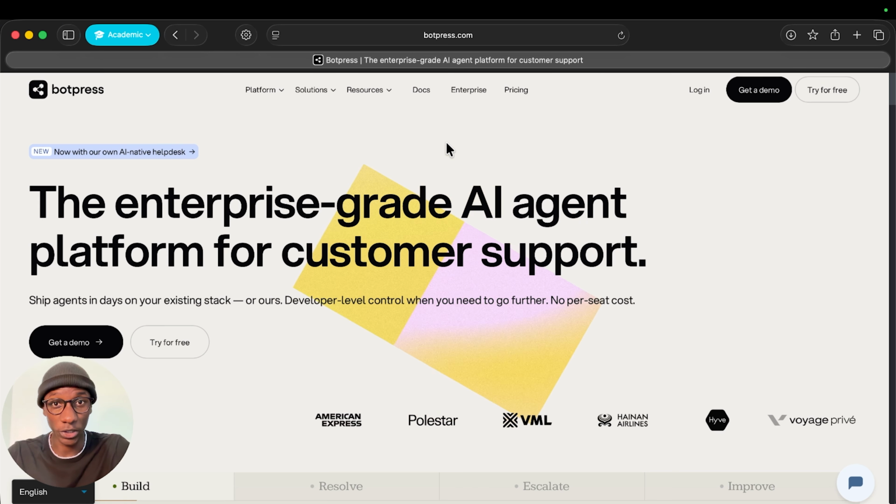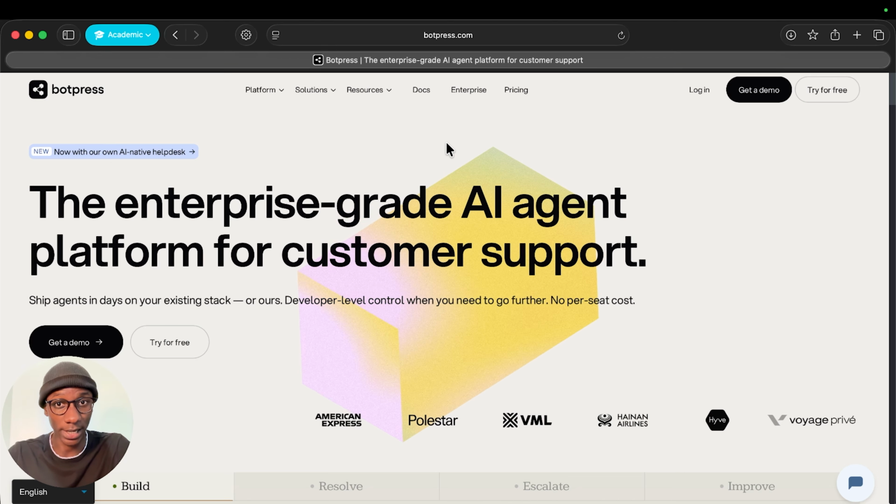Follow this tutorial to the end and you'll have a 24/7 AI chatbot that uncovers viral content ideas from conversations with people in your business DMs. And the first thing you want to do is visit botpress.com. This is where we will build the AI agent that will actually talk to people on your Instagram and turn